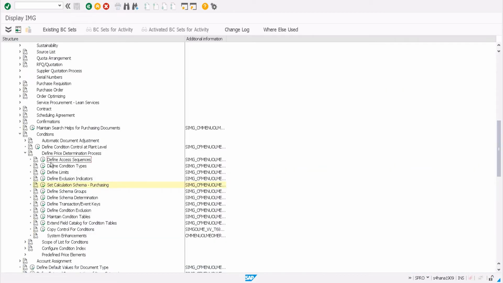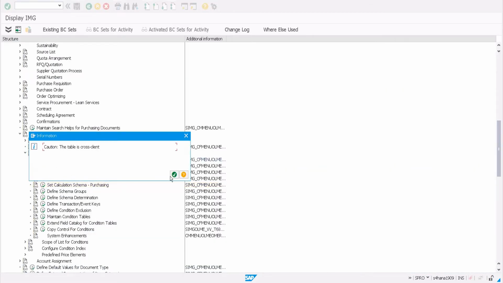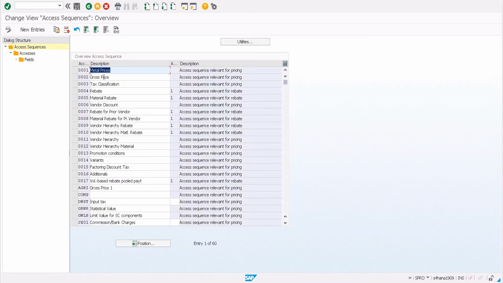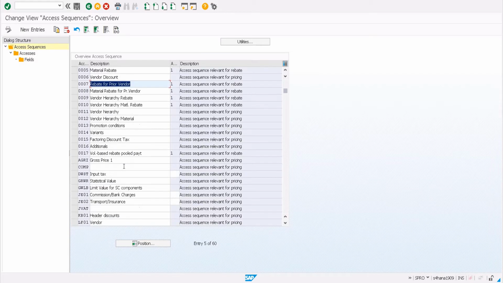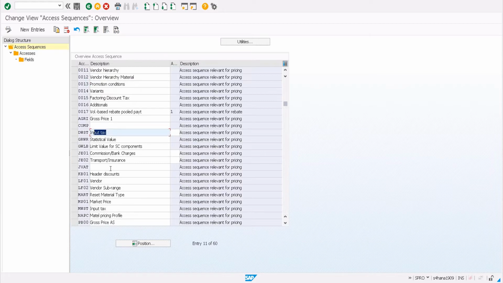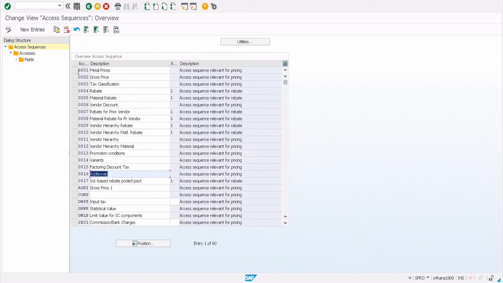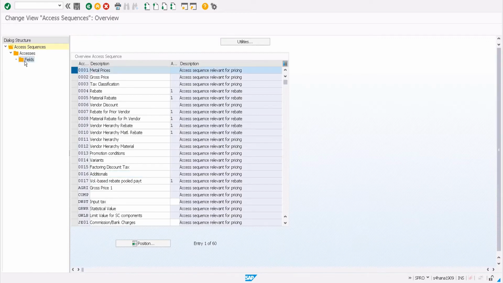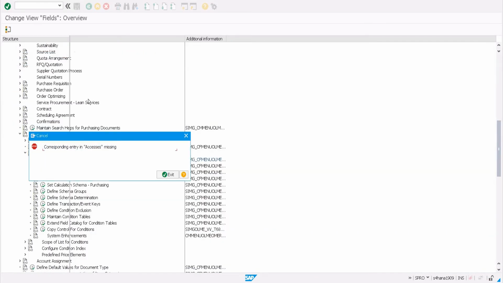First, we are having access sequences. So access sequence determines what are the various types of cost components that are present. So it is a gross price or rebates or tax classifications. There are various others. If you see here, there is an input tax. If you see here, there is a header discount. So these are the various access sequences that are possible. Access sequences determine the fields on which it is entered. For example,